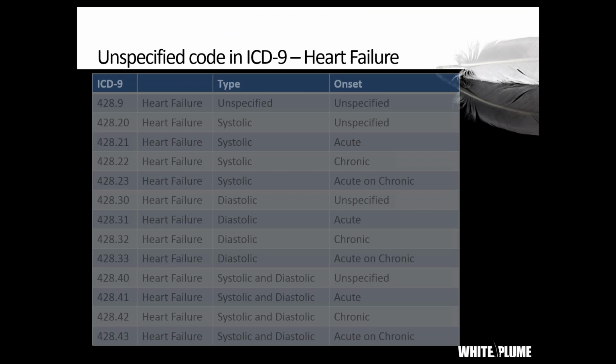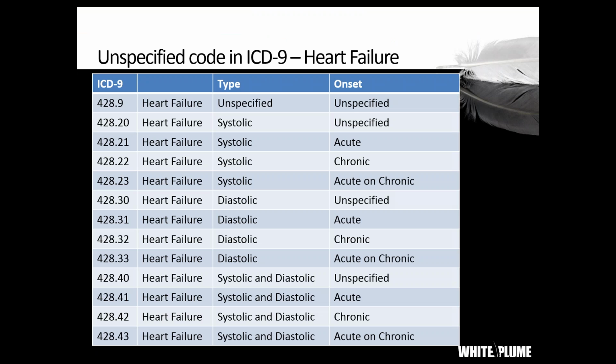All right, on this slide, what you're going to see first are the ICD-10 codes for congestive heart failure. And what you'll see is 428.20 through 43 down at the bottom. Those are all more specific choices for systolic, for diastolic, for both combined systolic and diastolic congestive heart failure. But then you also see the onset. Was it acute? Was it chronic? Was it acute on chronic? Those 13 more specific choices,